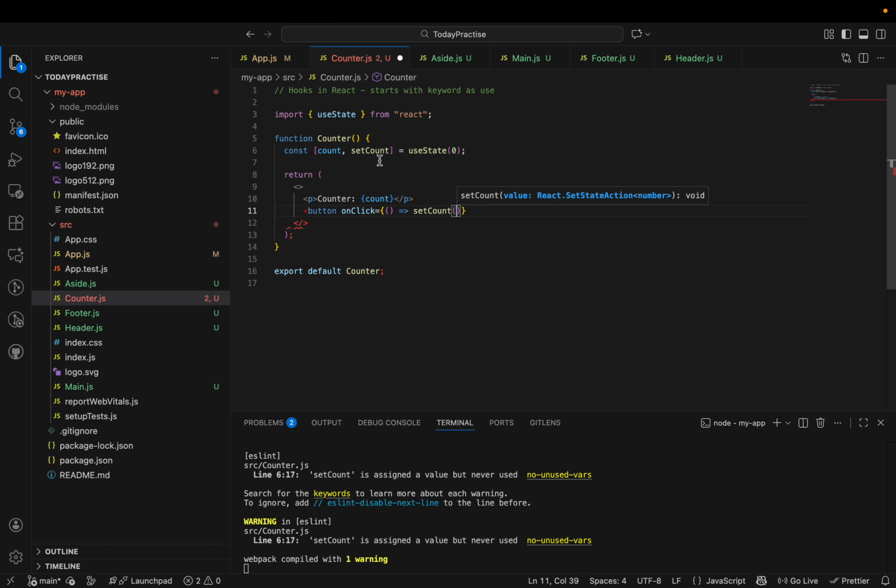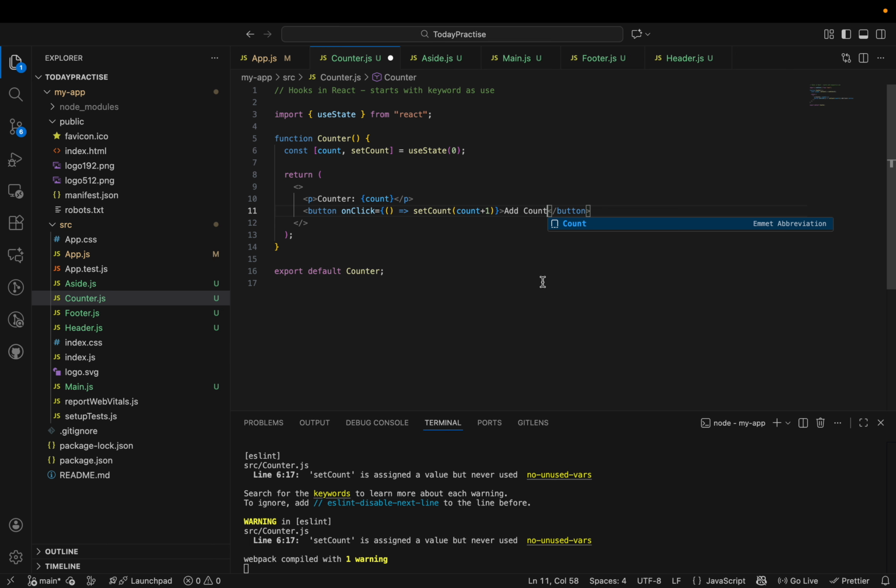So setCount, this variable we are using, right? This is actually a method. While setting we have to follow this method. Consider this is a method, setCount. Inside the method, our previous value is count, so we have to add to that count. So plus 1, so every time I click it has to increase. So I am giving it like this: add count